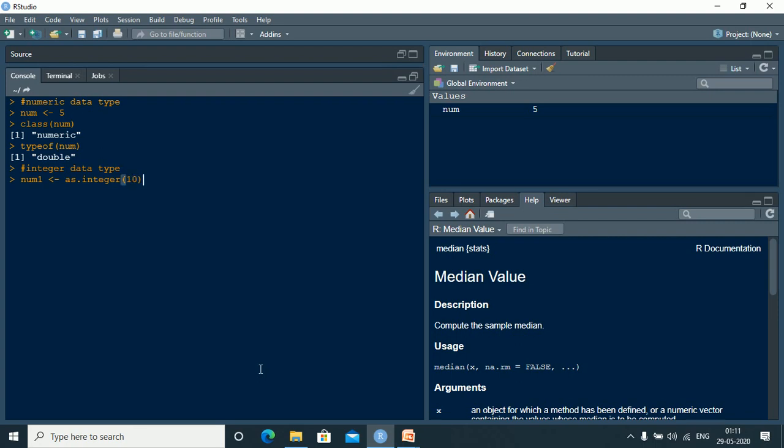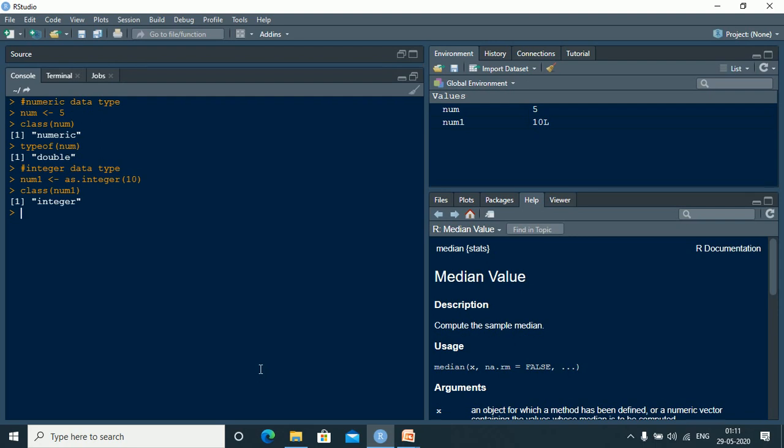So I want to assign 10 to this num1, and I want it to be treated as an integer and not as numeric. Now let us see what happens when we see the class of num1. So now if you see, the result has become integer instead of numeric.